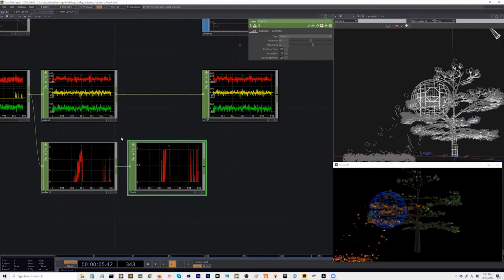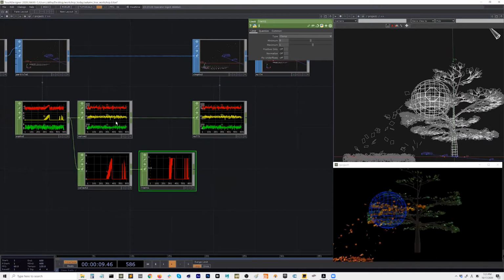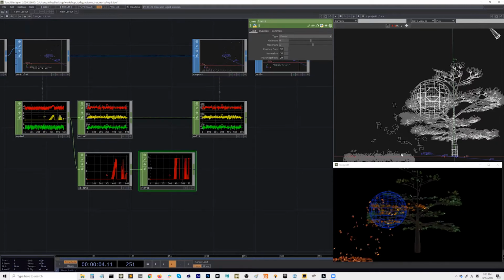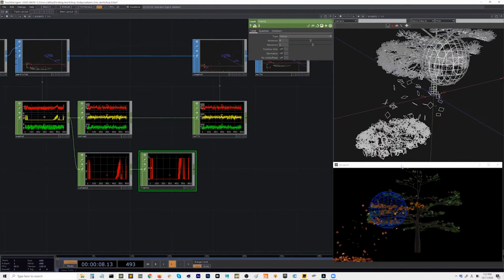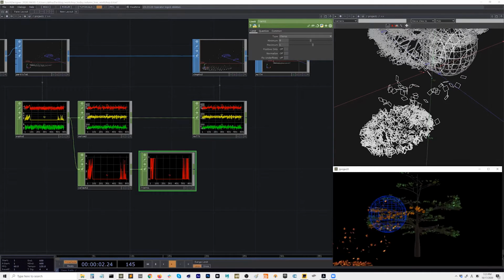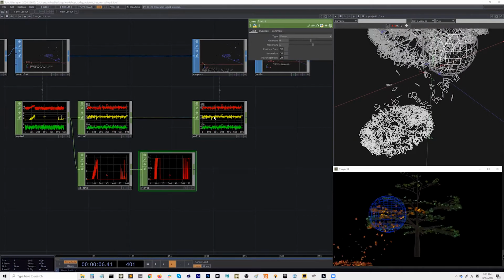And then we can multiply this value to not all of the axes, because we still want to have randomization in the y-axis.